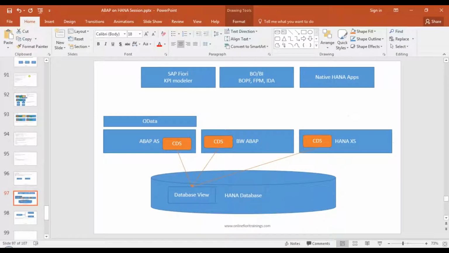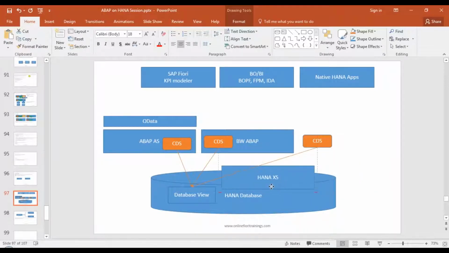Now SAP have said that this Access engine is already part of this database, right? So this is why what you will see typically, that this Access engine is already part of it. But from the consumer point of view, if your application logic is written in HANA Access, it is executed by this engine, right? It's not executed by a core database, it's executed by this engine. So it's an application layer for HANA itself. Though you're right, it's part of SAP HANA database, but it's an application layer technically. It is a separate layer from HANA.